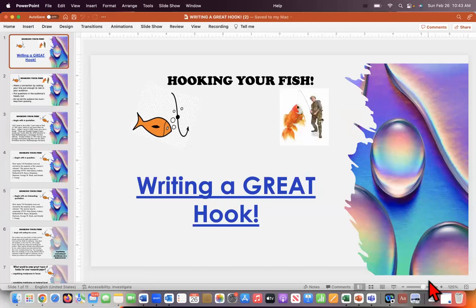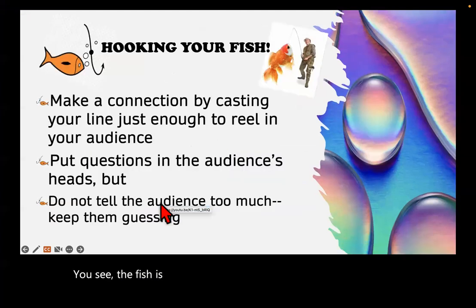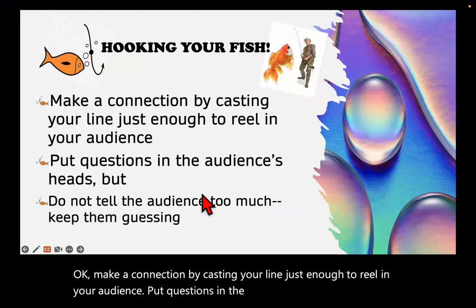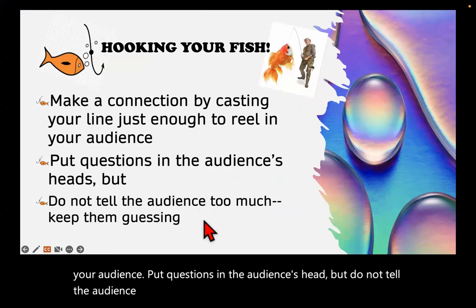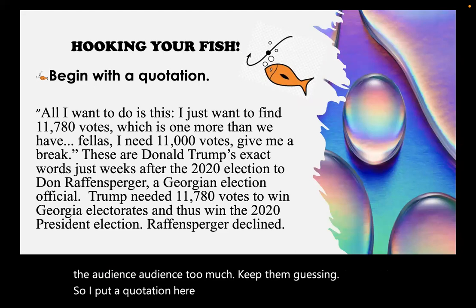And if you can look at it more carefully, you see the fish is smiling. Okay, make a connection by casting your line just enough to reel in your audience. Put questions in the audience's head, but do not tell the audience too much. Keep them guessing. So I put a quotation here,